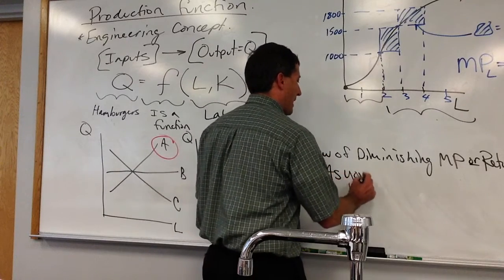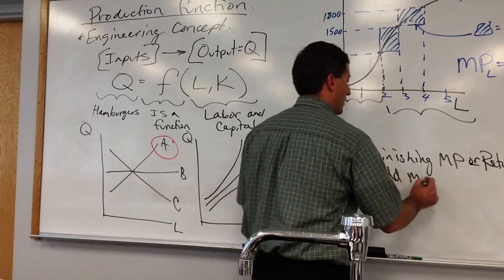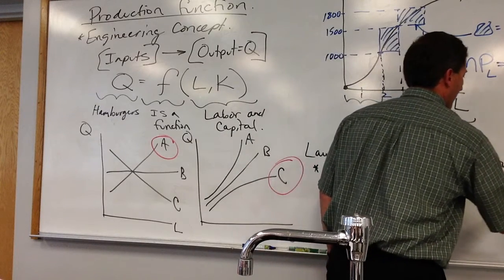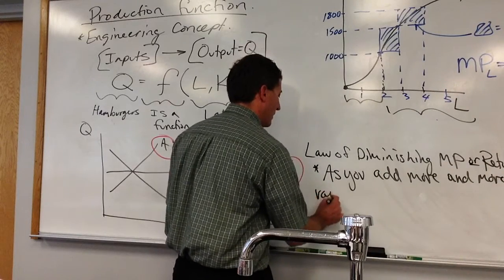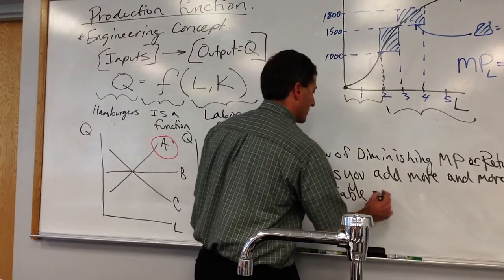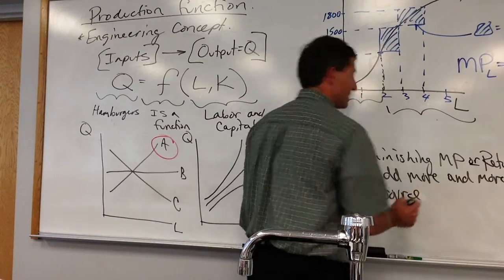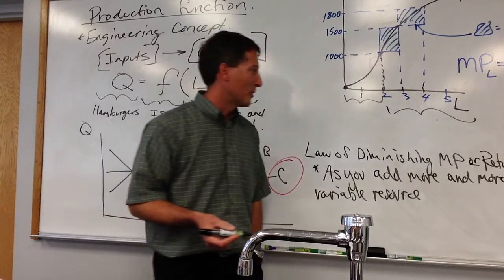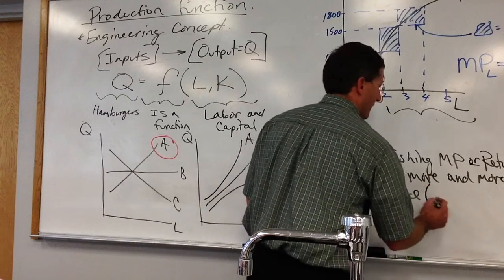As you add more and more of a variable resource, like labor, did I give you guys this already? I'm having deja vu. No. Okay. As you add more and more of a variable resource, like labor,